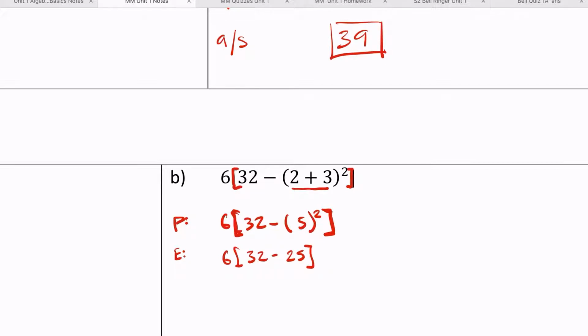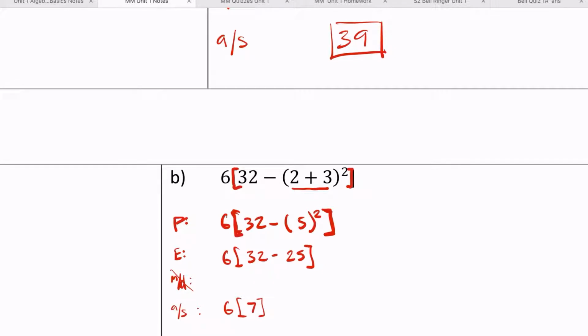Okay, we're still doing what's in that parenthesis: multiplication, division. Okay, we don't have any. And then addition, subtraction. Okay, so we're just still looking at what's in the parentheses. So we get 6 times 32 minus 25, and that gives us 7. All right, so now that that parenthesis is done,